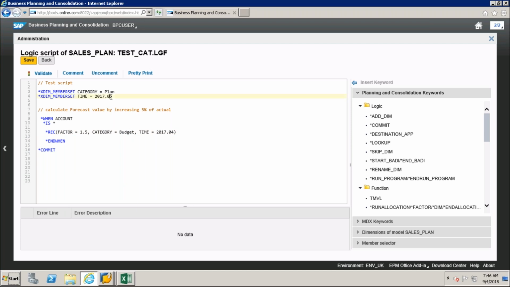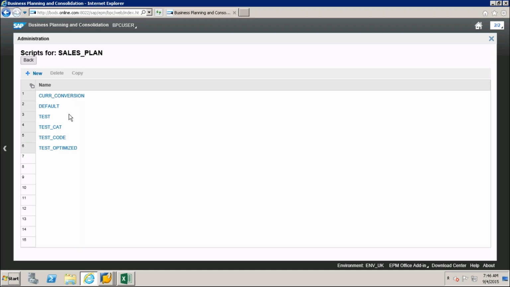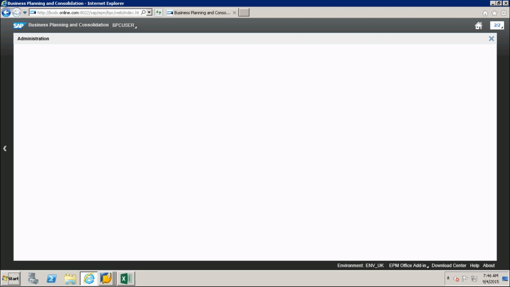Plan value here, sixth. Budget, the category I'm going to write into the budget again into the sixth. And here 1.5 instead, I'm going to take 2. So this is find my validate and save. This is for plan I have done.